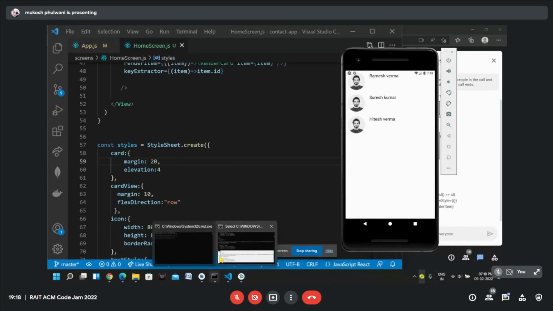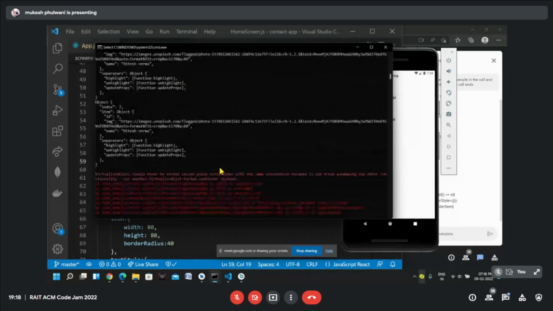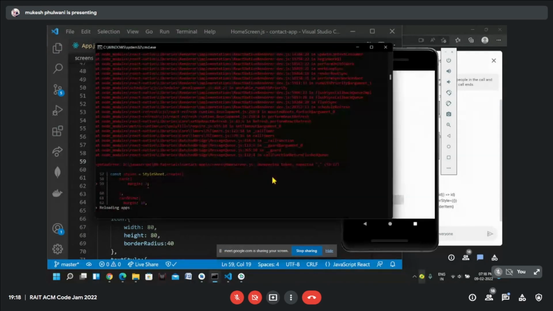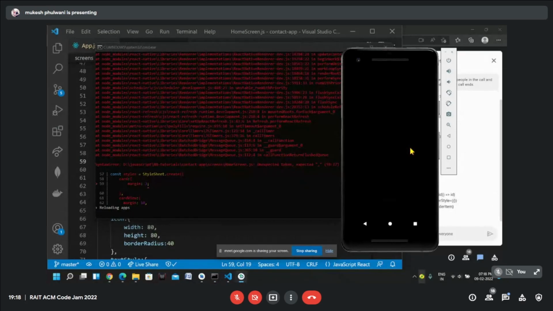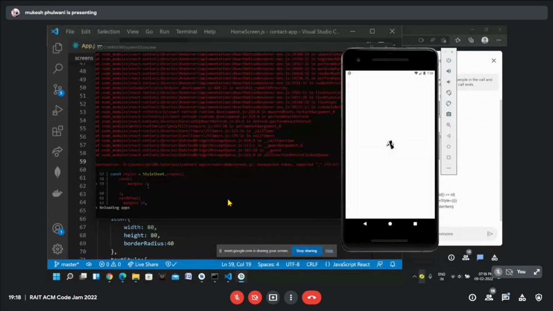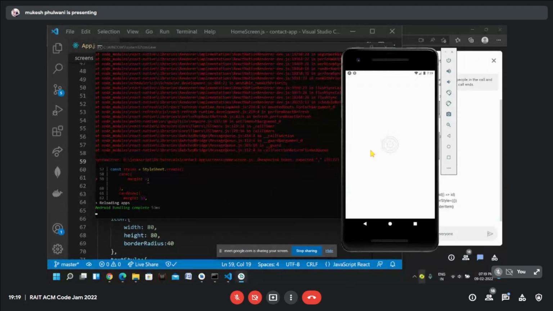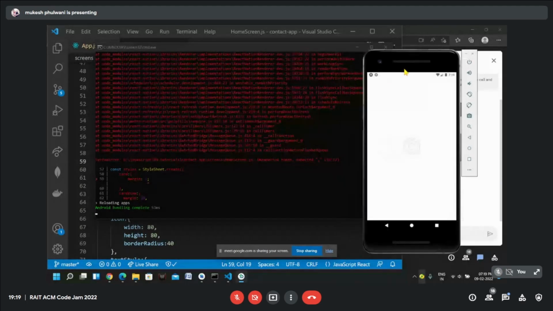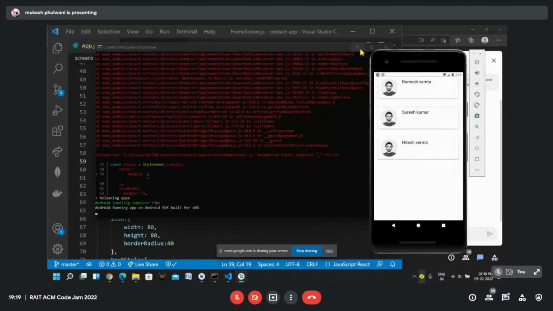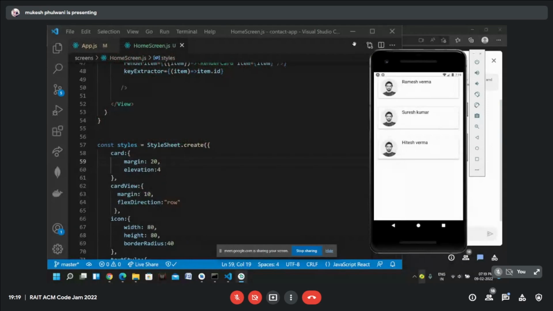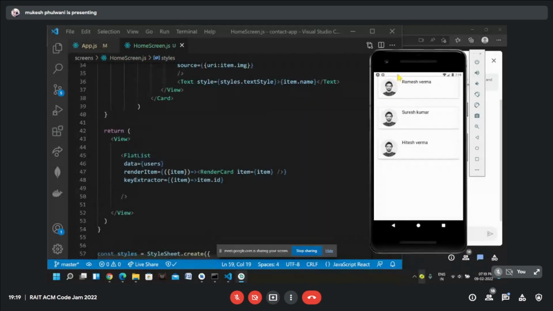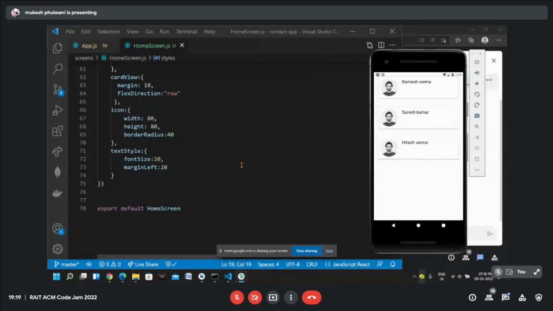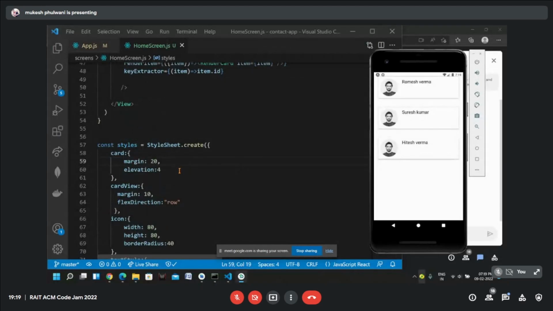Or I should reload it. Okay, the reload was the problem. Sometimes this happens. So reload was actually the problem. I was trying different things, but reload was the problem.